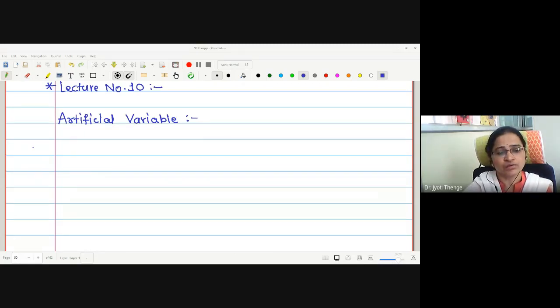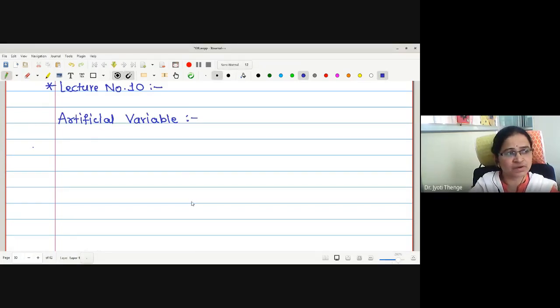Then in the first iteration itself, we have seen that the basic variables we were selecting were the added slack variables, because these slack variables which we are adding are going to form the identity matrix in the coefficient matrix of the given system. But sometimes, instead of a slack variable, if we add a surplus variable, whether the same is going to be true or not, this we have to check. Let me give you one example to check this.